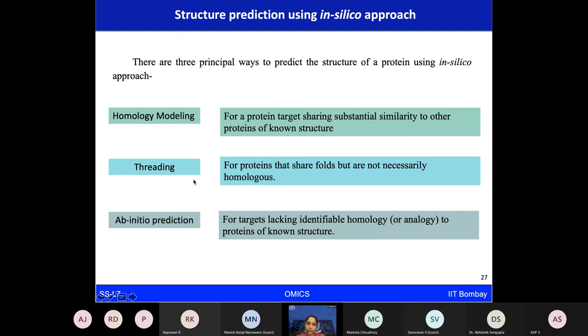Then we have the threading approach. What happens here is, suppose we have a protein that shares its fold with another protein. We have a protein sequence with us, and we are assuming that particular sequence will be sharing some of its folds. It looks like a template structure. It is not 100% similar. Even if it is less than 50-60% similar, at least we can go ahead with the threading